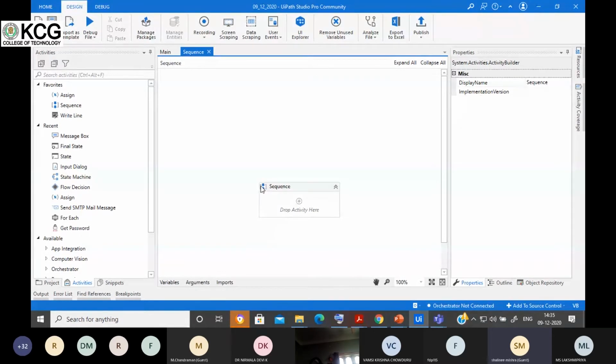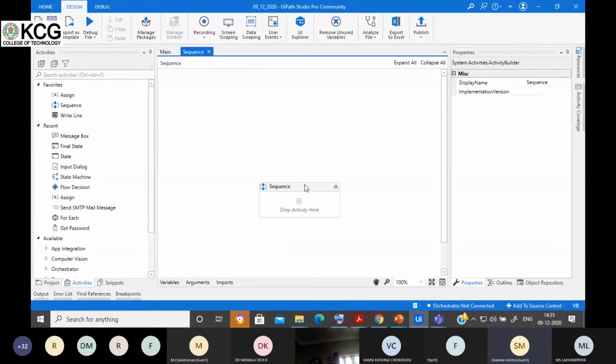You can identify it by seeing this symbol also. If you are developing some project and you want to rename this sequence, whatever name you write when you create a new sequence, the same name will appear here, or you can change it from here. Suppose this is the properties panel.